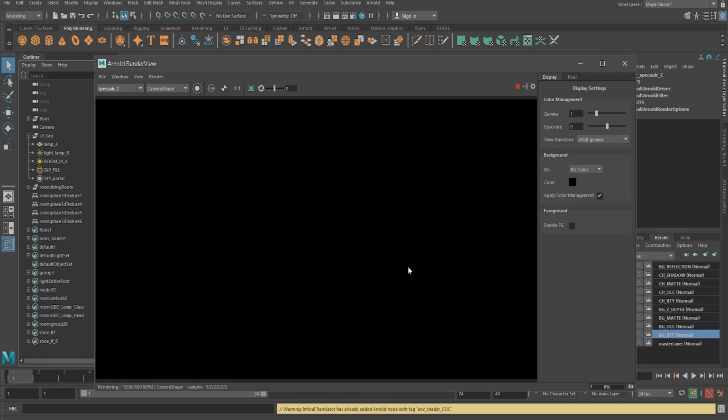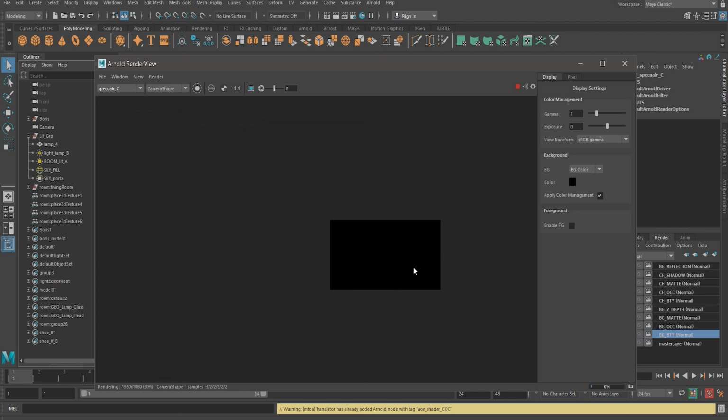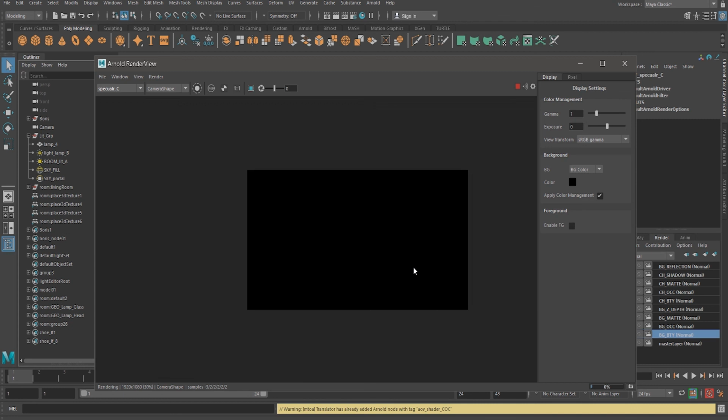Here is specular C. That is not coming because no specular is being created by our third light. That's why there is no specular. Okay, so these are all the passes that we have created.